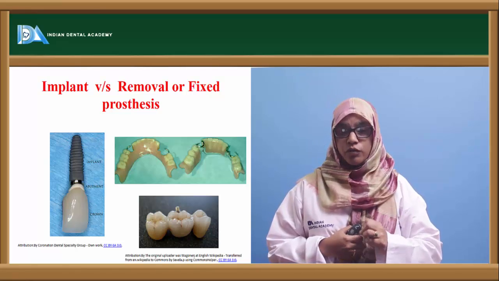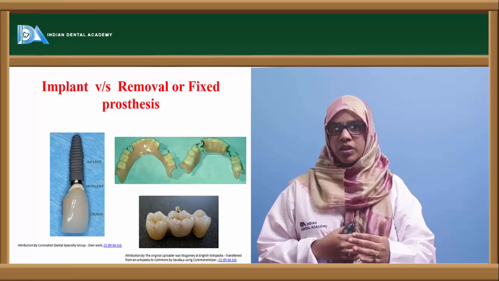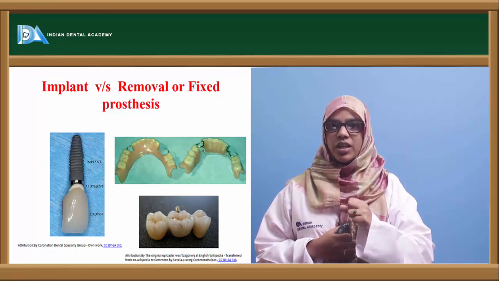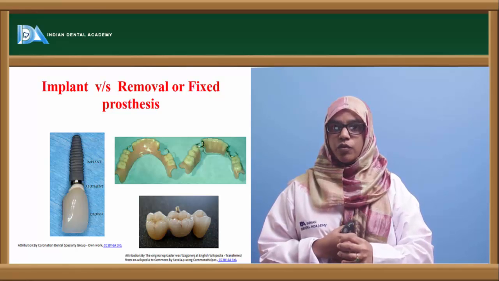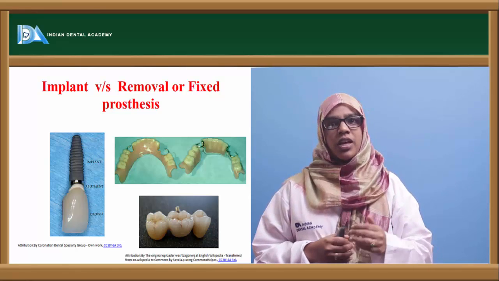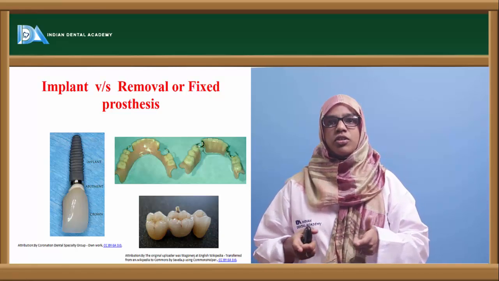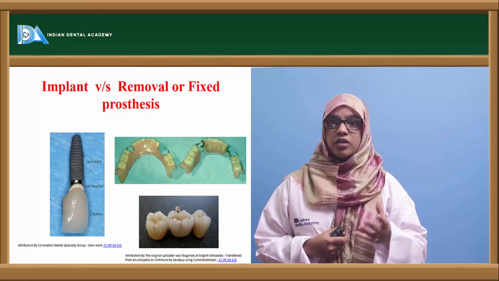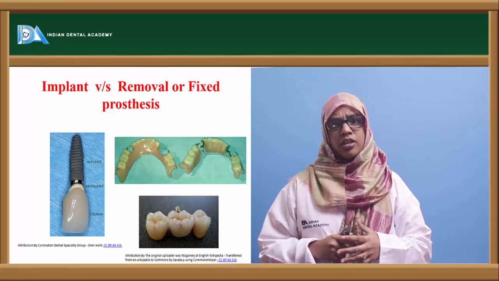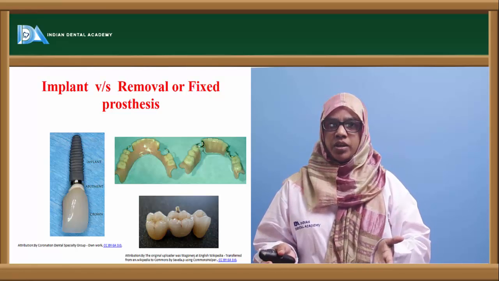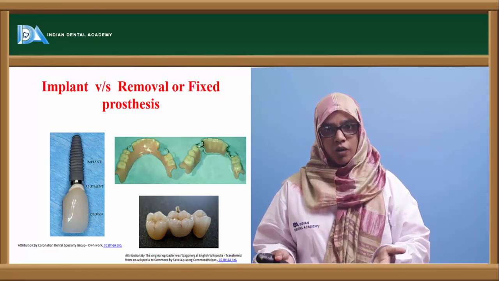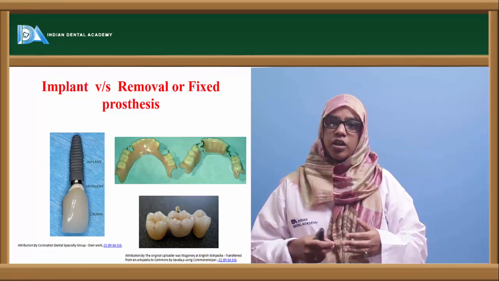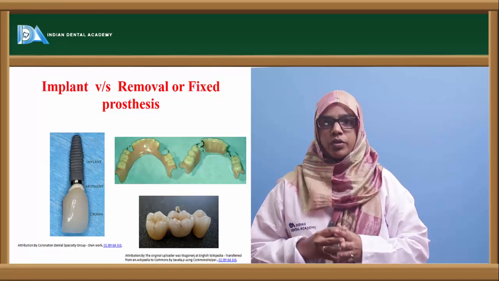But what happens if you replace it with a removable denture? The denture sits on the bone. So when a force is applied, a compressive force acts on the bone. This compressive force causes resorption of the alveolar ridge. At the same time, you put a clasp on the adjacent tooth which engages the cervical area. If oral hygiene is not maintained, this causes caries formation in the cervical area, and eventually the adjacent tooth also becomes carious, loose, and periodontally compromised, and you have to extract it and increase the span of the removable denture. Now this was overcome by the use of fixed prosthesis.